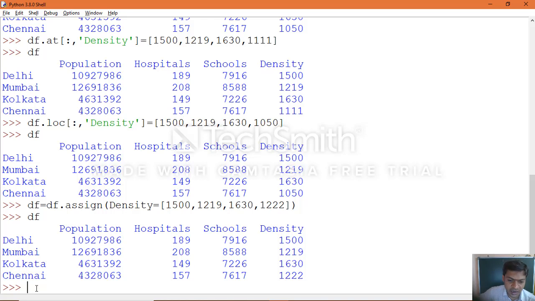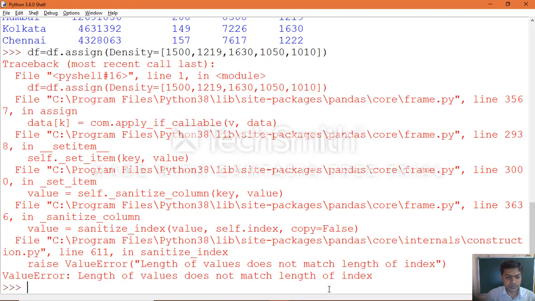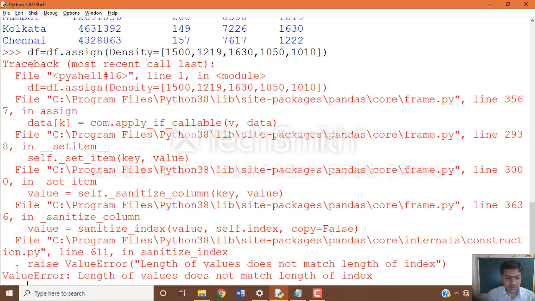Now I'll show you the error, the value error, and how it takes place. For example, same thing for the assign attribute. You try to add one more value. Now, there are only 4 rows when you look at our data frame, but we are trying to give 5 values for that column, for a fifth row which doesn't exist. Let's see what happens. Value error, that is what I was explaining.